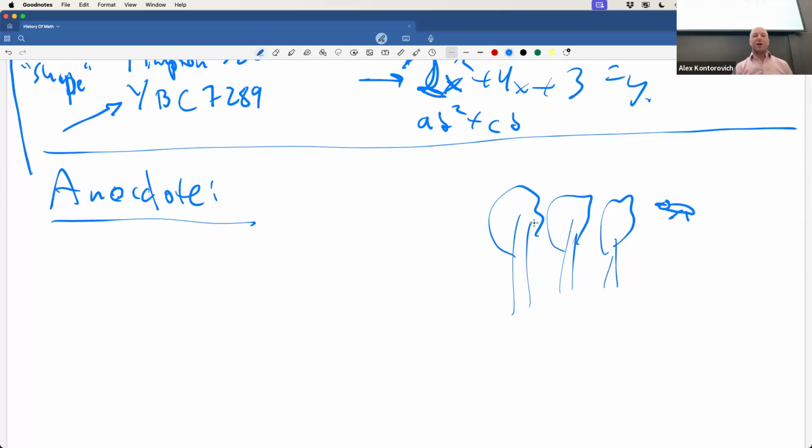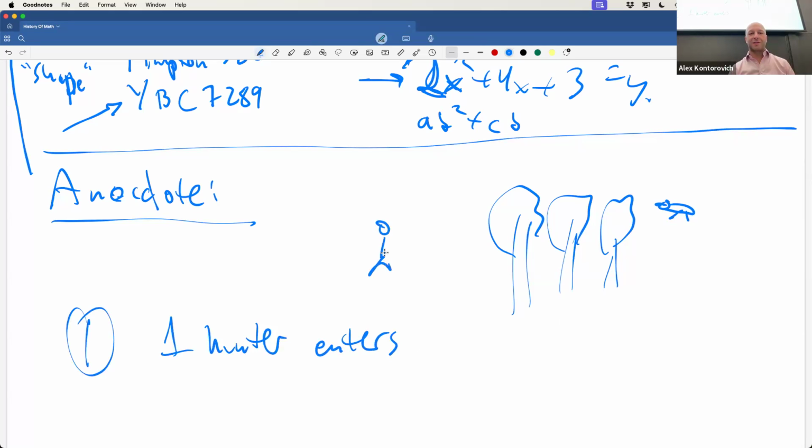So you have these birds. They can go up high in the trees and then they're safe from hunters, or they can come down to the ground and feed and eat their worms, but then they're vulnerable to a hunter that wants to come. Okay, so scenario 1 is one hunter enters the forest. So here's a hunter. Here's, I don't know, we'll make it a shotgun, although obviously those don't exist yet.